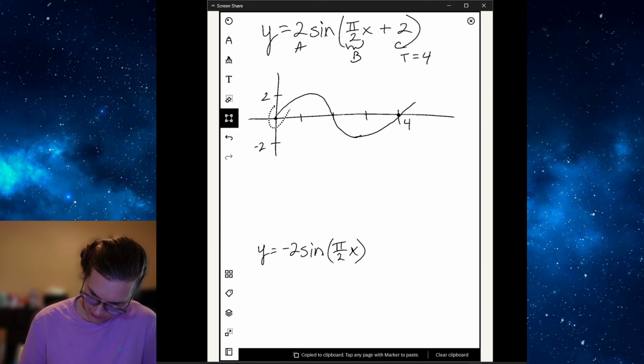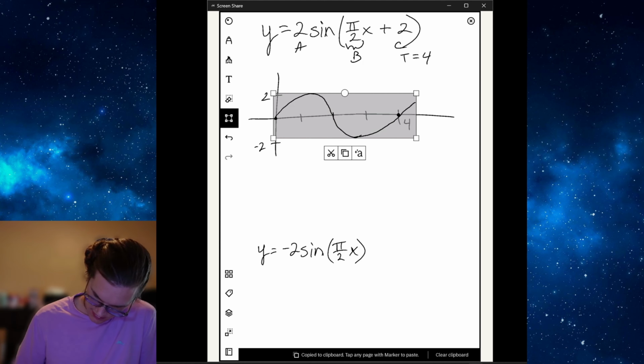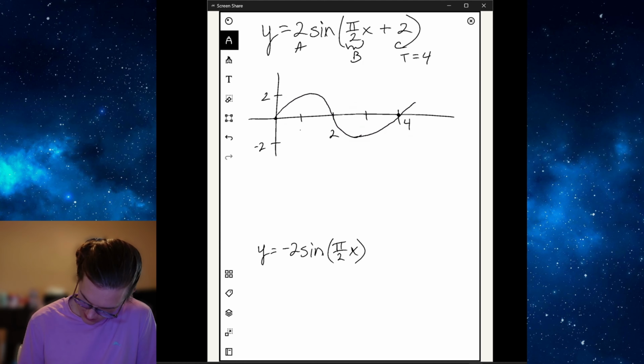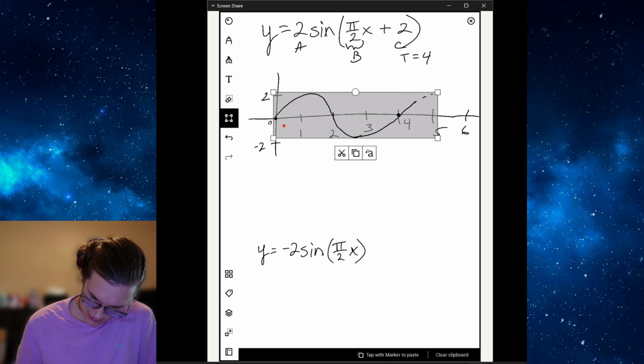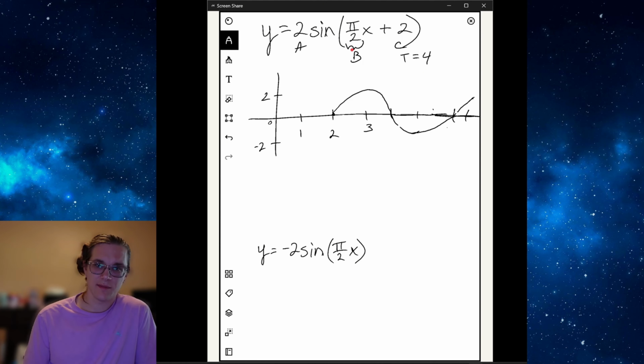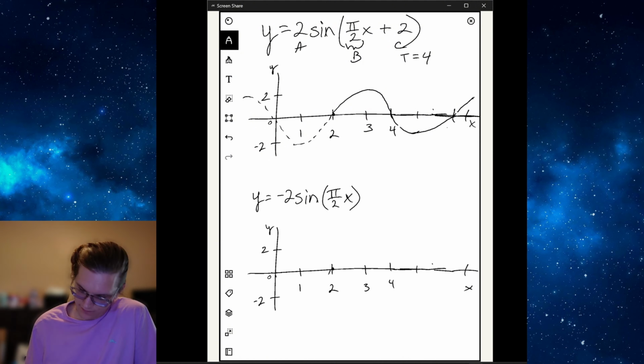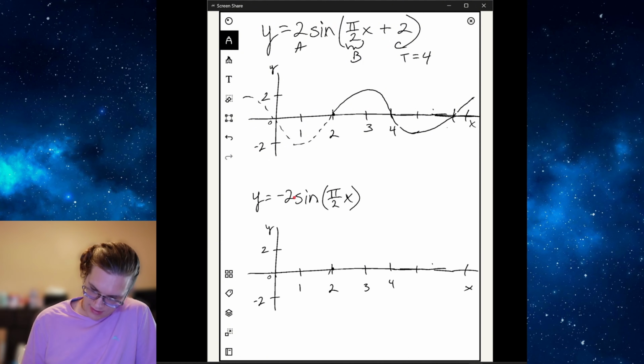All right, so I drew 2 sine of pi over 2x. And then we're going to shift it by 2 in the x direction. Let me say this is 2 here, so 1, 2, 3, 4, 5, 6. It's fine. If I shift it by 2 by going over 2, now we have that plotted. Well, this is going to come here and keep going. What if I plot this instead? Now, well, my amplitude's still 2, but